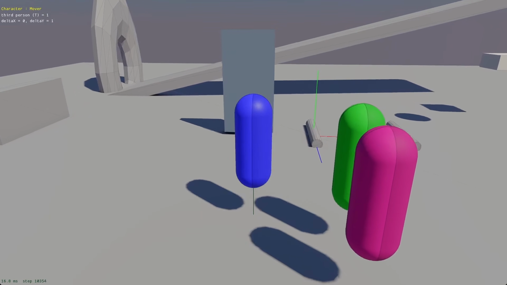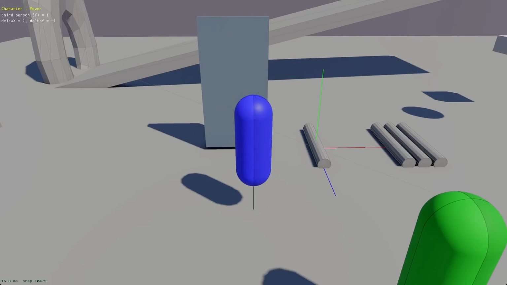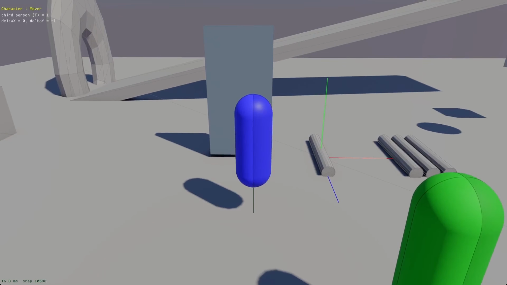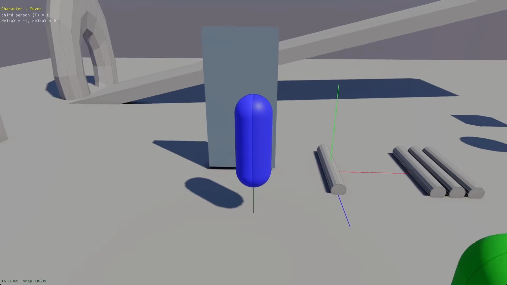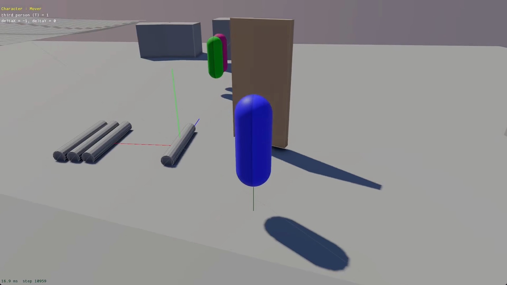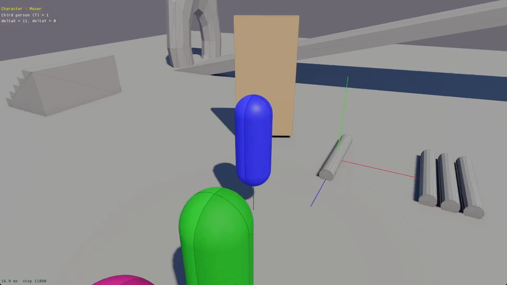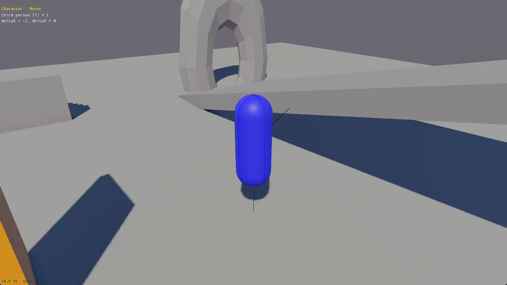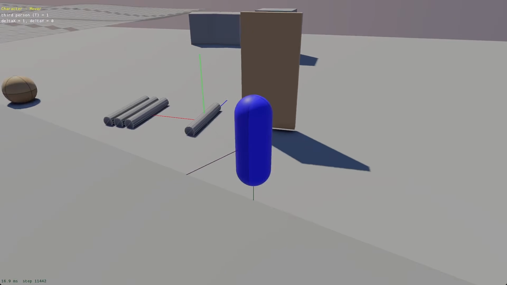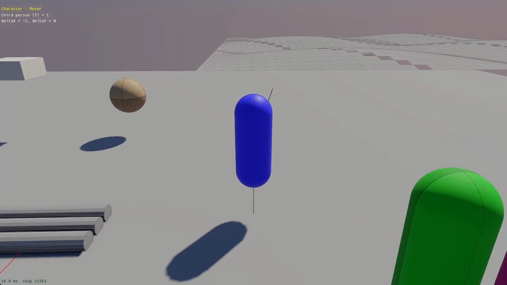I also in the sample code have some example of how to make the character mover interact with rigid bodies. So this is like a door, and it has a pretty good kind of interaction there. Yep, and then